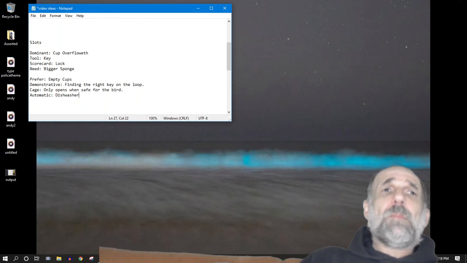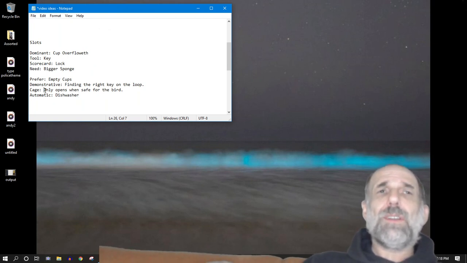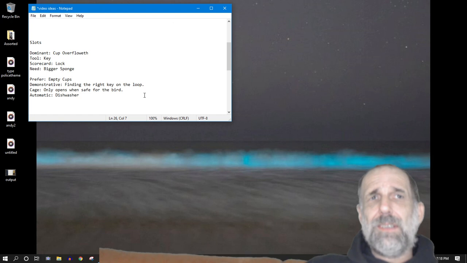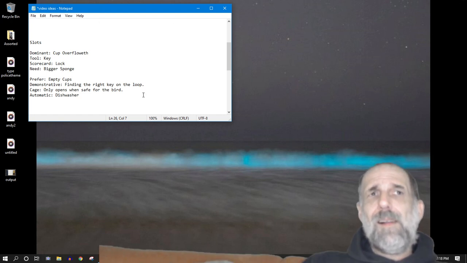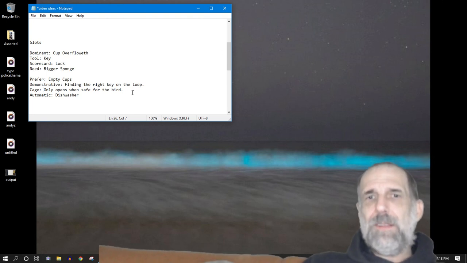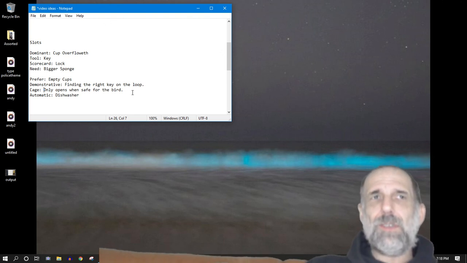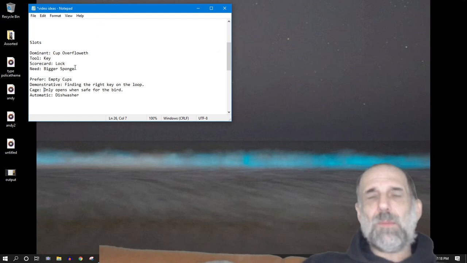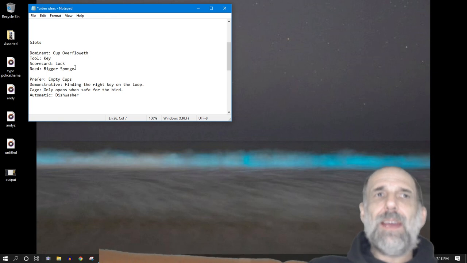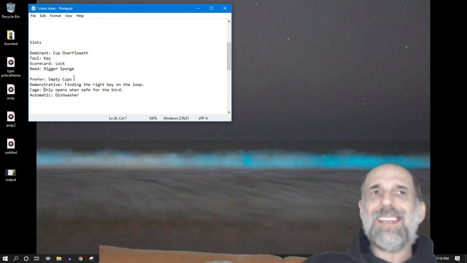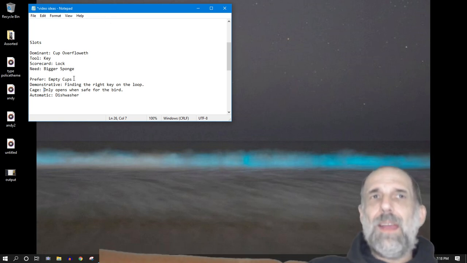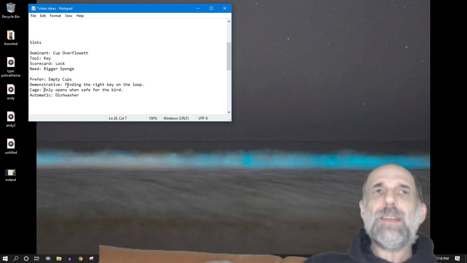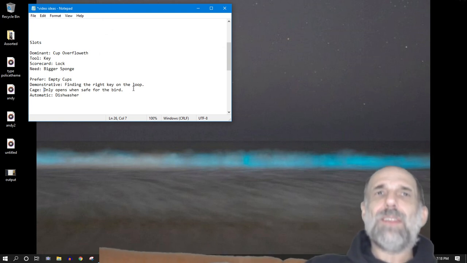All right, so the 7 slot function you can call your cage, basically your bird cage, and it opens only when it's safe for the bird. To be safe for the bird, then you need to have basically an adequately sized sponge. You need to have adequate access to empty cups, and you need to have successfully managed a means of consistently finding the right key on the loop,